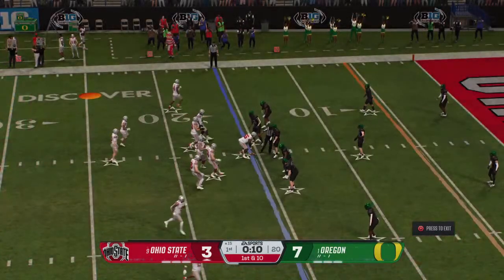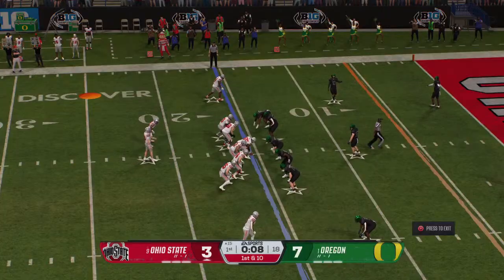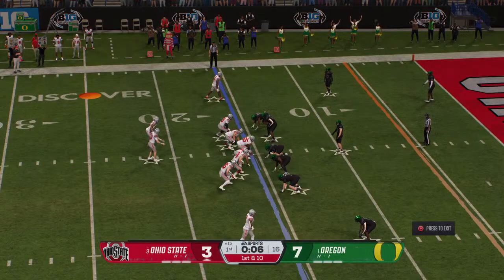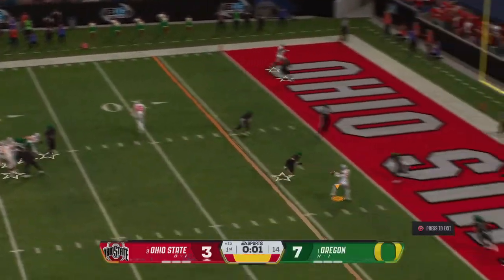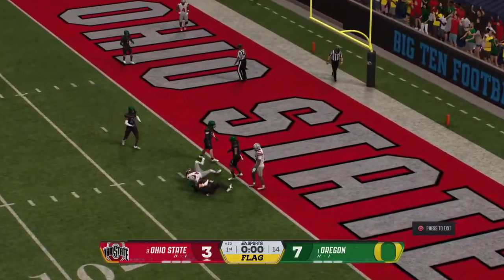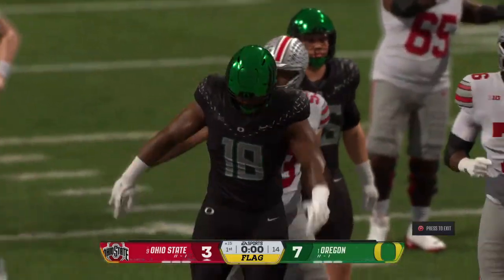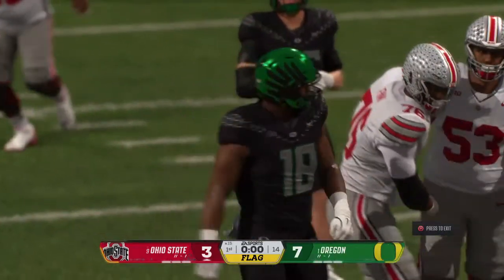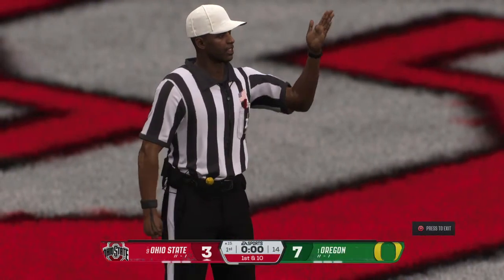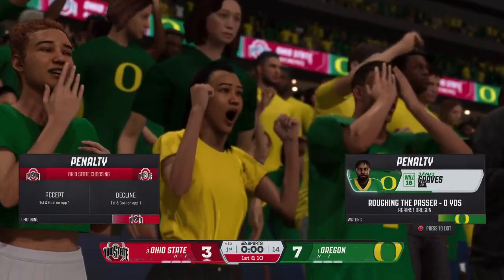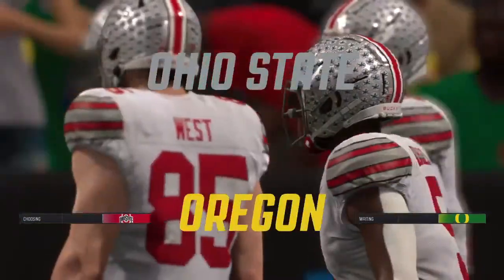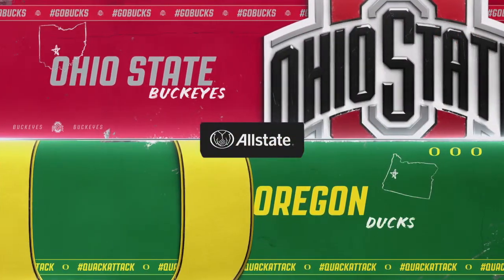Yeah, your favorite, Chris, there. The old pin and pull there, the left side. Great blocking on the left side, able to create a great push. Nice crease, and the back found that with the vision and picks up some big yards for that first down. The tackle is made, but there's a flag on the field. Let's see what that's about. Personal foul gives the offense a fresh set of downs.